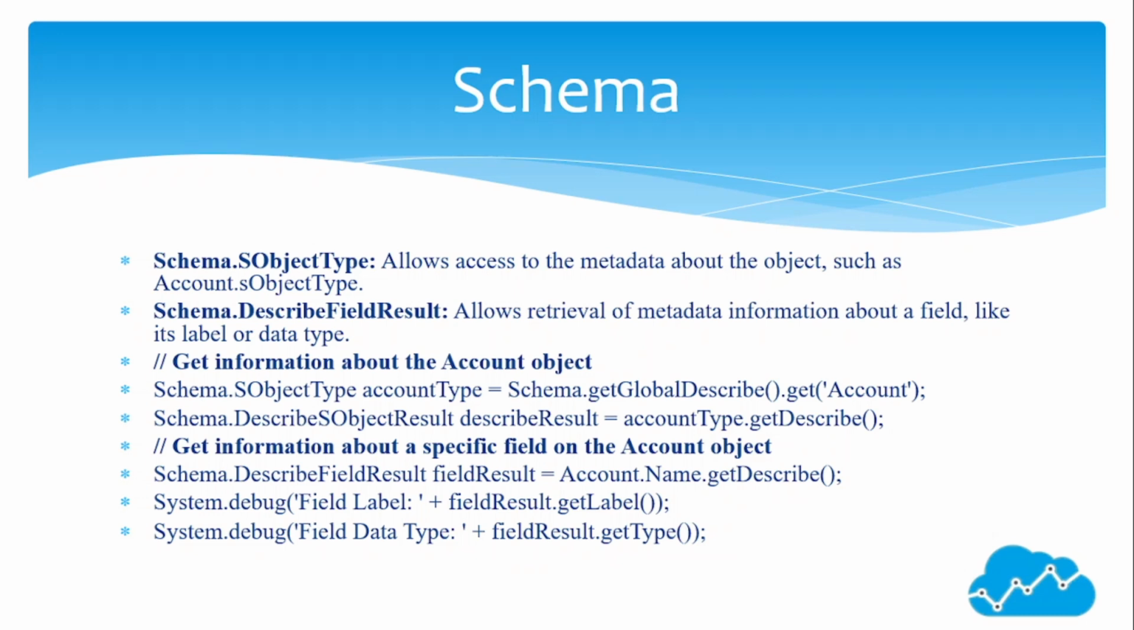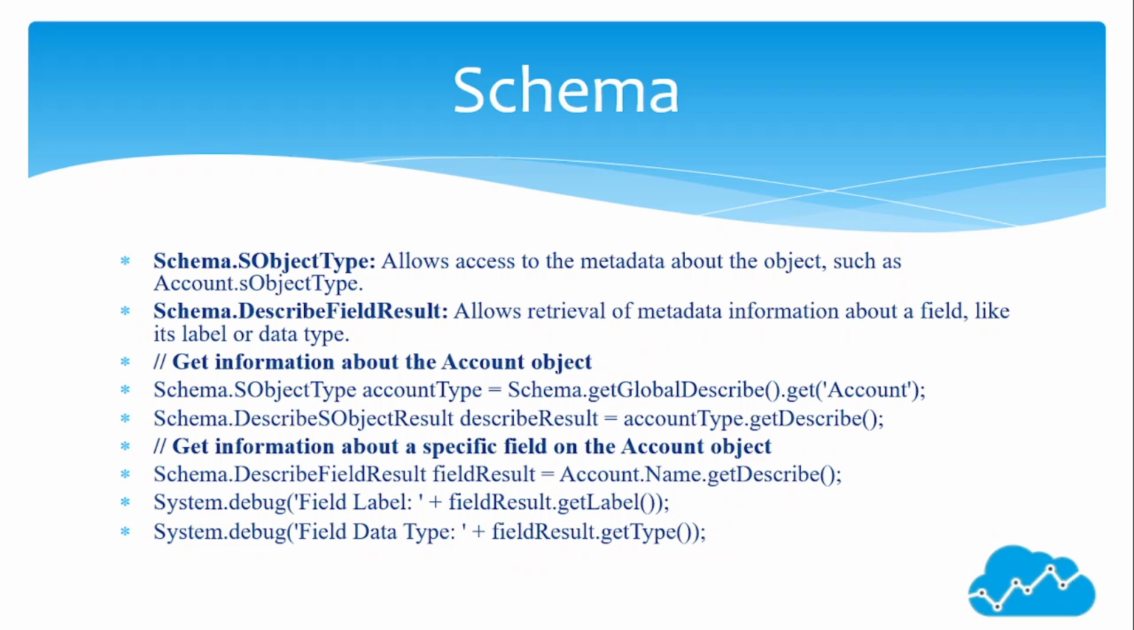Get information about a specific field on the account object. Schema.DescribeFieldResult fieldResult = Account.Name.getDescribe();